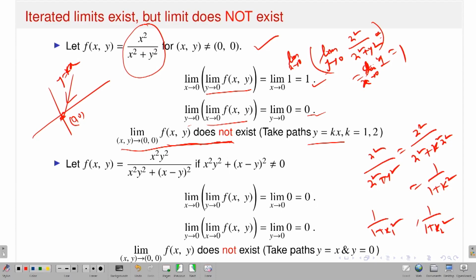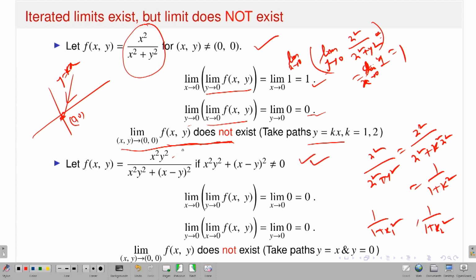Because I know that if the limit exists whenever I approach the point from any direction, the value of the limiting function should also be the same. Here it depends on the direction, and therefore the limit does not exist. This is one example. Another example, take this kind of function, f of x, y is equal to